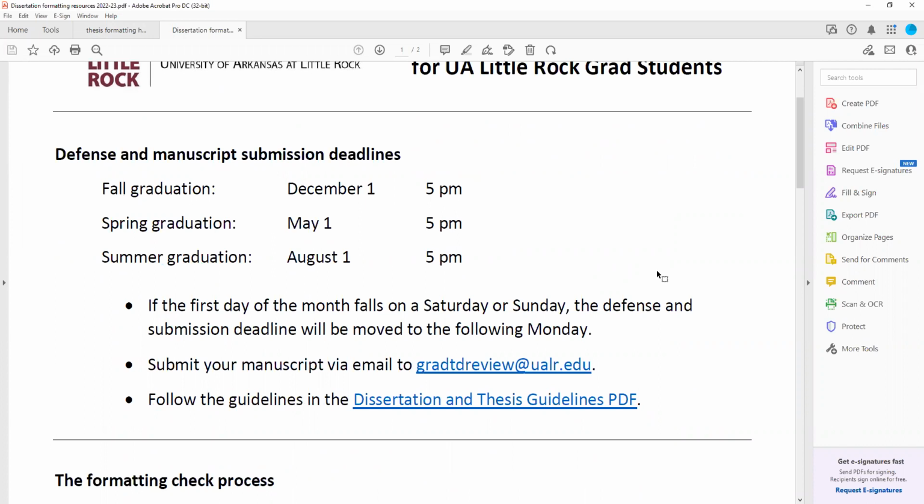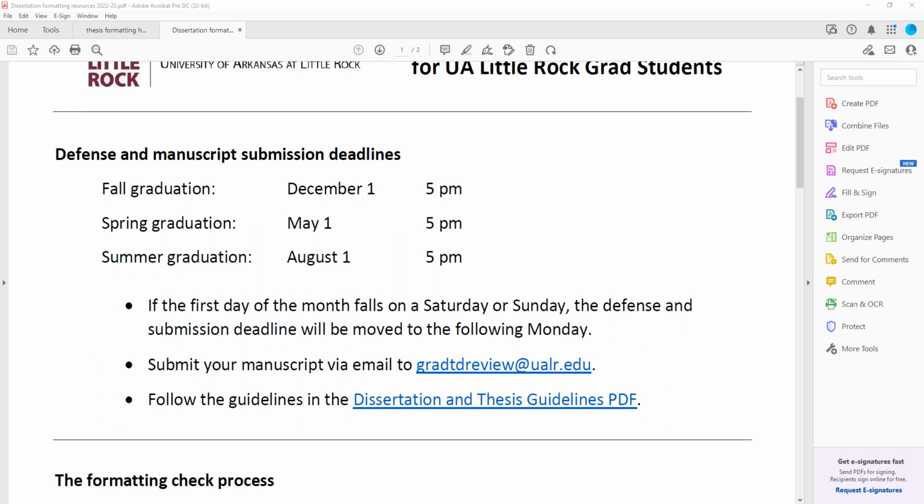Here are the deadlines that are always the same from year to year. If you are planning to graduate this semester, then you need to have your defense on or before December the 1st. Let's actually check and see what day of the week that is. That is a Thursday, so that date will be firm. That is the week after we come back from Thanksgiving break, so that is going to come up faster than you are probably prepared for. Make sure and get your drafts done very far in advance so that you can make that deadline.